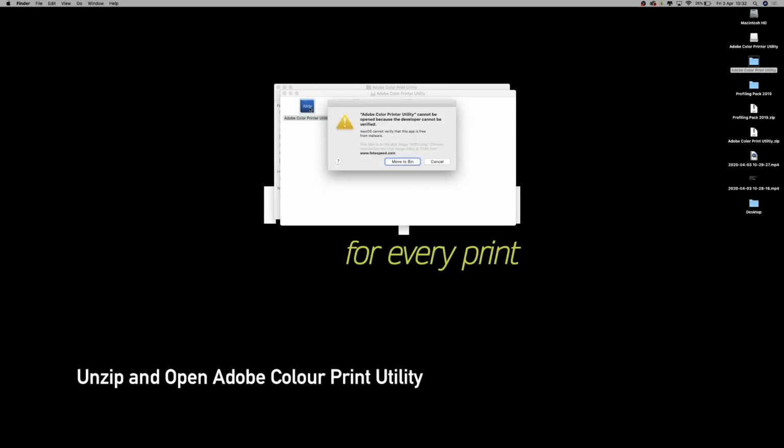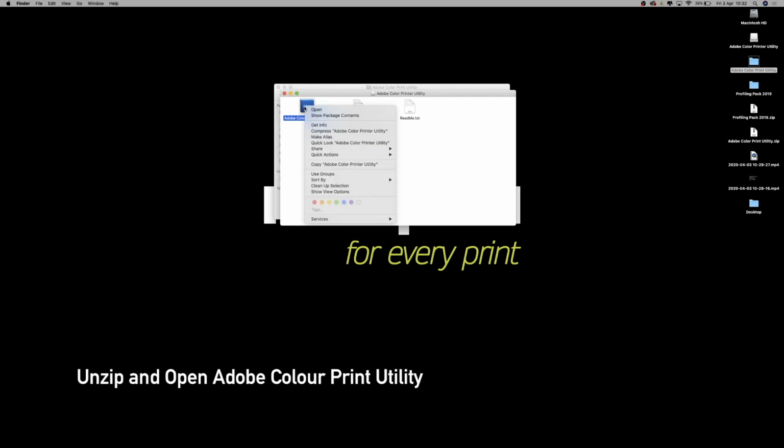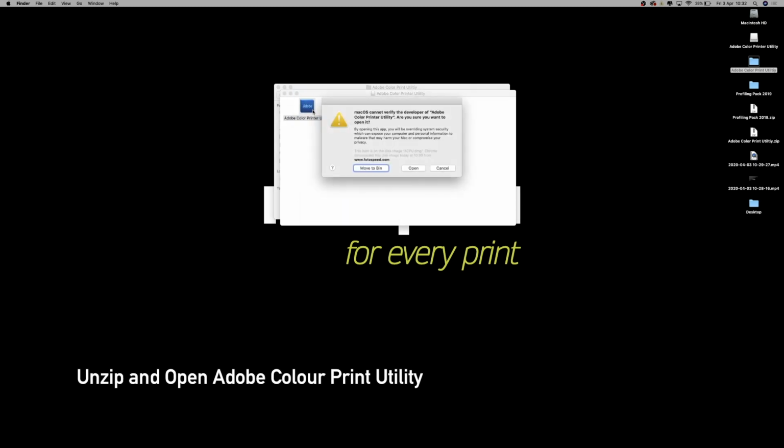Now first of all, when you click on it, it may say it can't be verified from the developer and it will block it. This is a simple reason that basically Adobe and Apple don't talk. So we just click cancel, and then if we control click on it, or right click if you've got a 2-button mouse, we can click open and this menu comes up. And now the same box comes up saying we can't verify this developer, but a new button has arrived which is open. So if we click open,